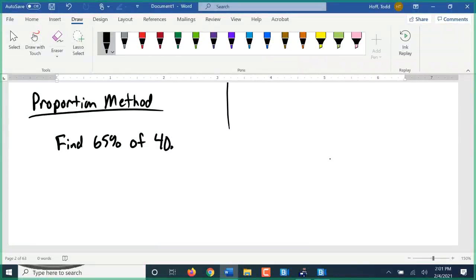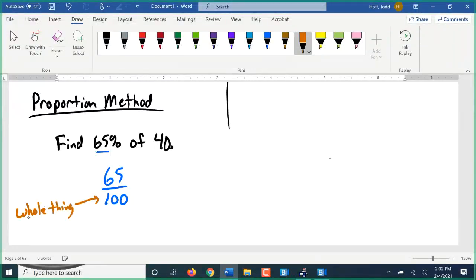Thanks. Find 65% of 40. So where we're going to start with all these, because we know it's a ratio and we know we can set it up as a ratio, is with the percent, the 65%. That is 65 out of 100 as a ratio. Now, before we go about setting up the rest of this proportion, let's look at those pieces of this ratio first. First, the 100. Remember we said yesterday 100% is the whole thing,